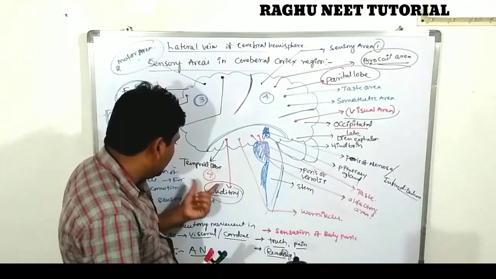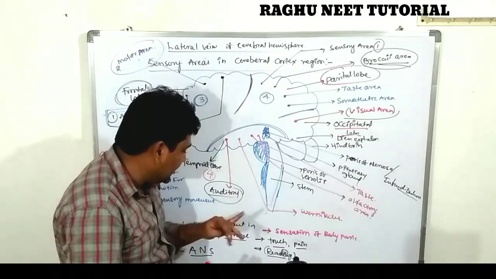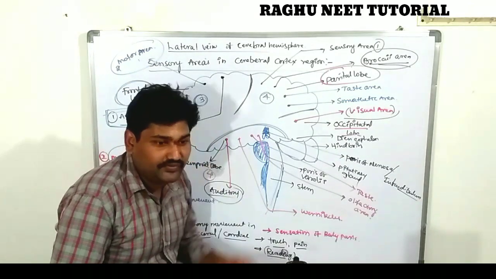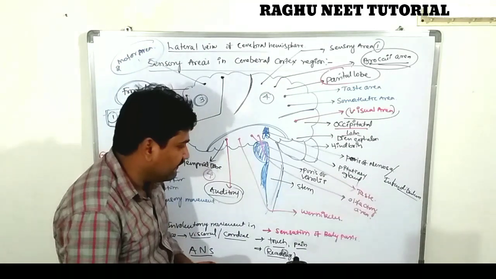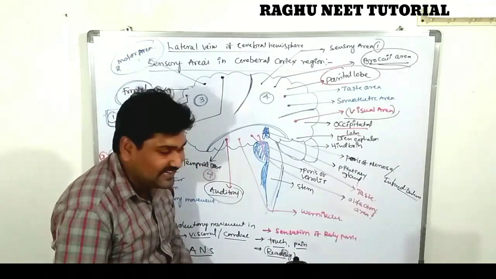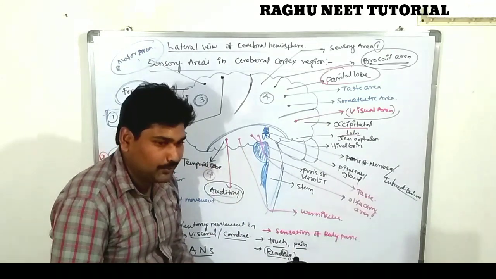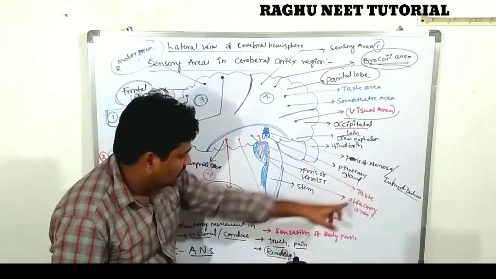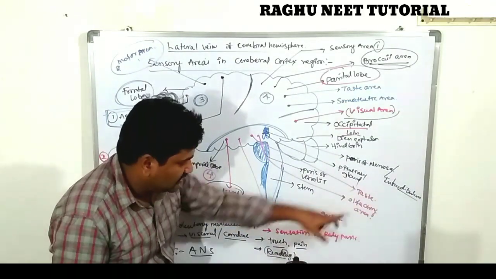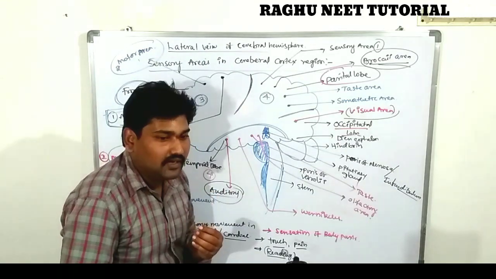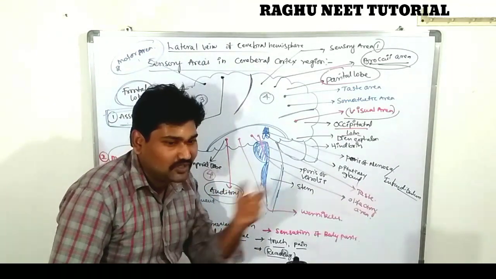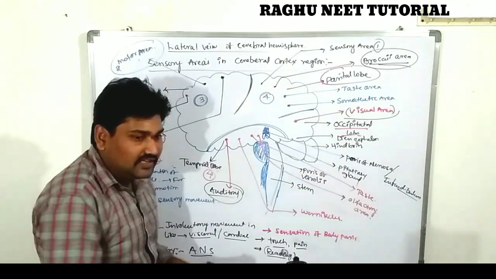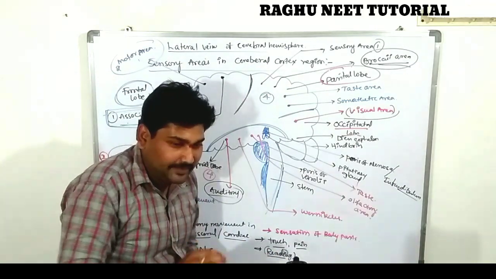The fourth one is the temporal lobe. The temporal lobe contains four sensory areas. The auditory area is useful for hearing. Wernicke's area is useful for understanding the way of speaking. Next, the taste area is the perception of taste. The olfactory area is located in the temporal region and is useful for the perception of smell. So these are known as sensory areas. Now the complete cerebral hemisphere is completed.